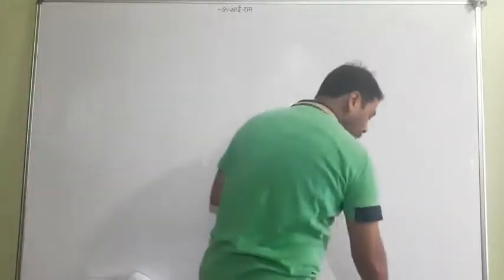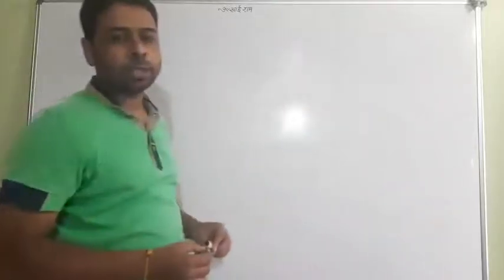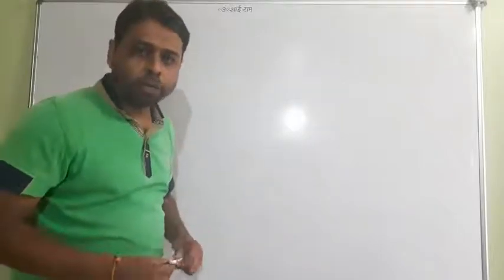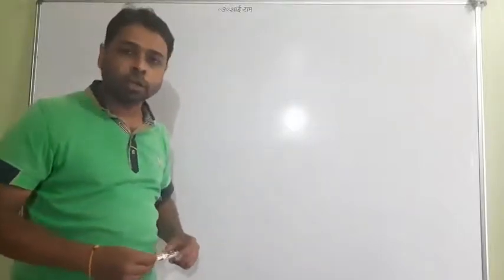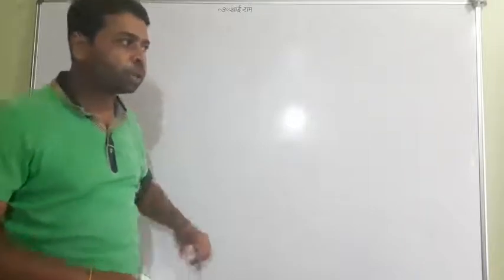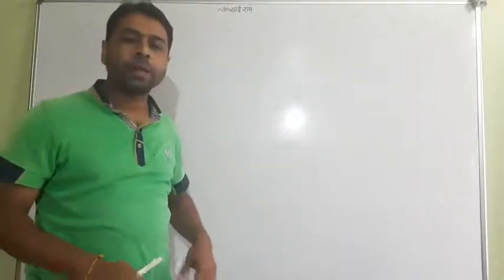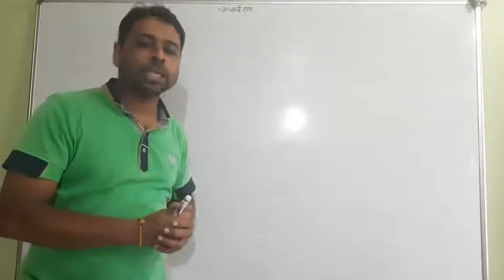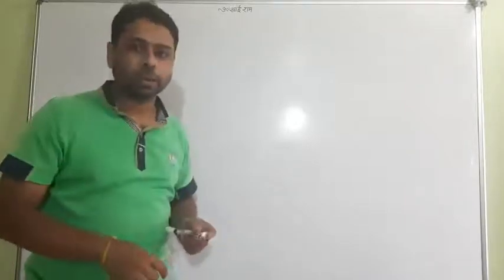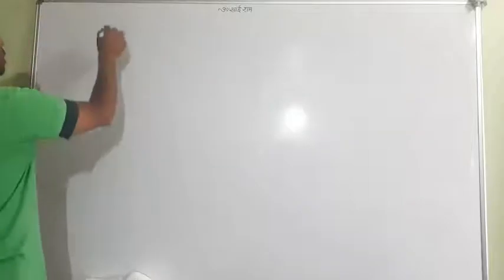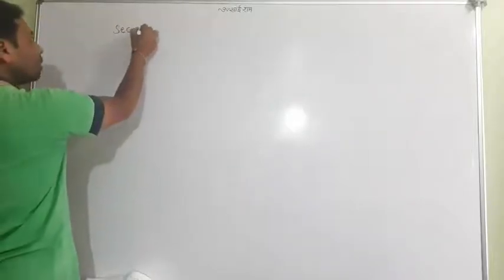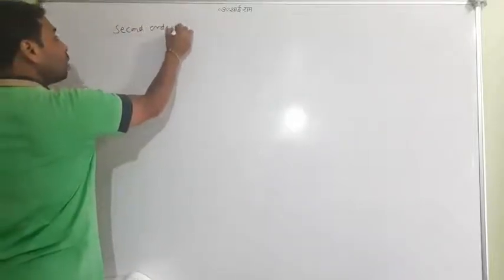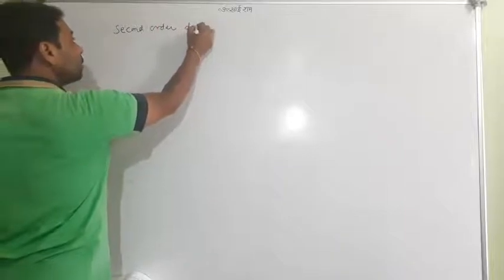Definitely it is the last topic of the chapter, because after this we had one more topic, which is Rolle's and Lagrange theorem, but it has already been removed from your new syllabus. So we will not study that, but we will study the miscellaneous examples and exercise also, because this may come in the exam also. So look at it, the topic is second order derivative